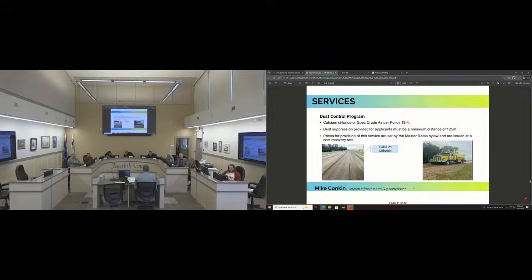That spec crude has a higher cost. One, it takes a lot more gravel originally. Once it's there, it's not an issue. But then we also have to hire a third-party contractor to supply the material and spray it. And then it's a lot more labor-intensive to mix and get into the road. It depends on the length, but in the past few years, we've done 2 different 1-mile stretches of it. And that's a 10 to 12 hour day of just spraying and mixing and going back and forth.